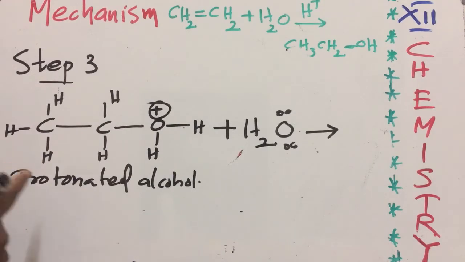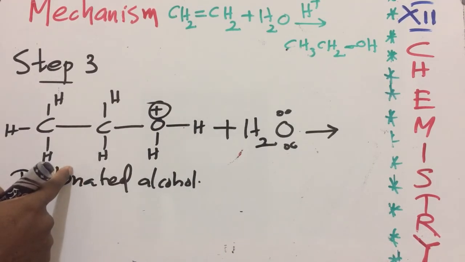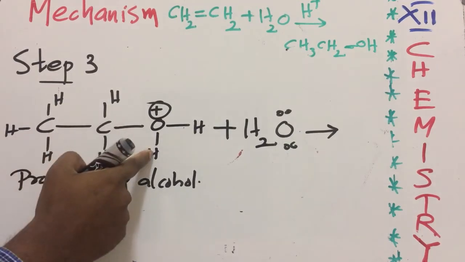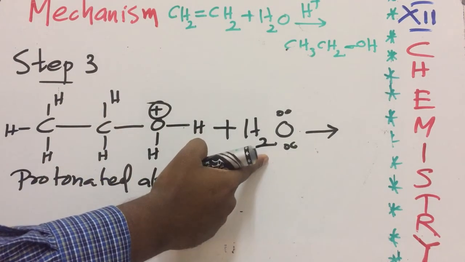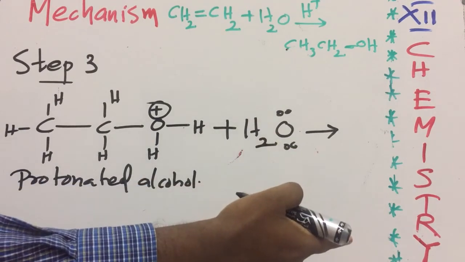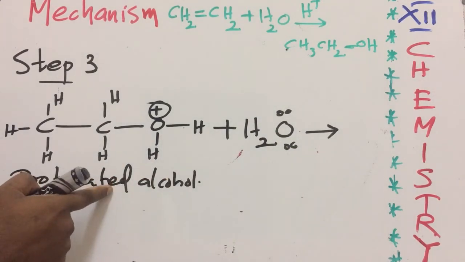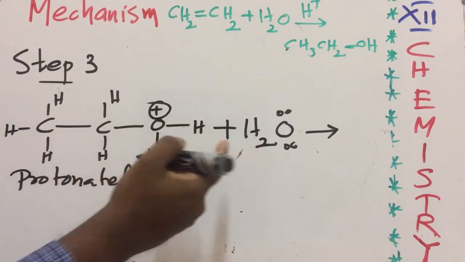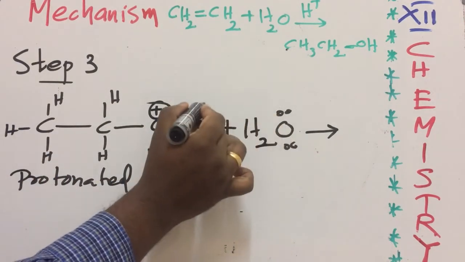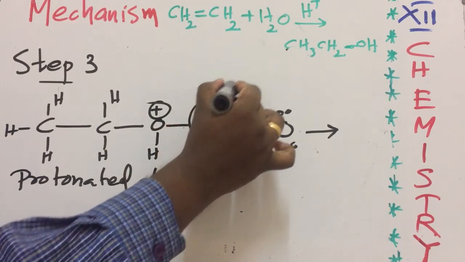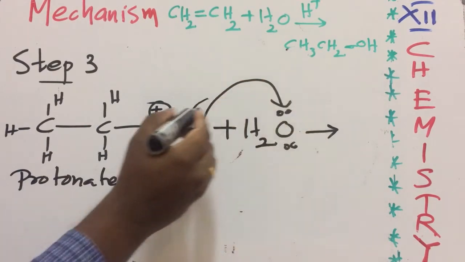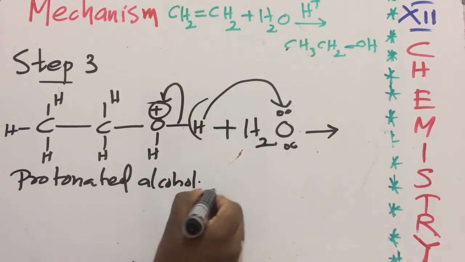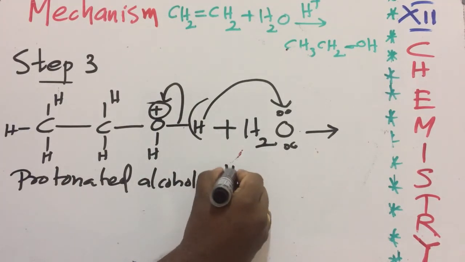In step 3, the protonated alcohol formed in step 2 reacts with water again to form the final product. Clear? So this product formed in step 2. Okay, and how will it react with the water? This water will take this proton, okay, and this electron will be shifted to oxygen. So what will we get? We will get a product like this: